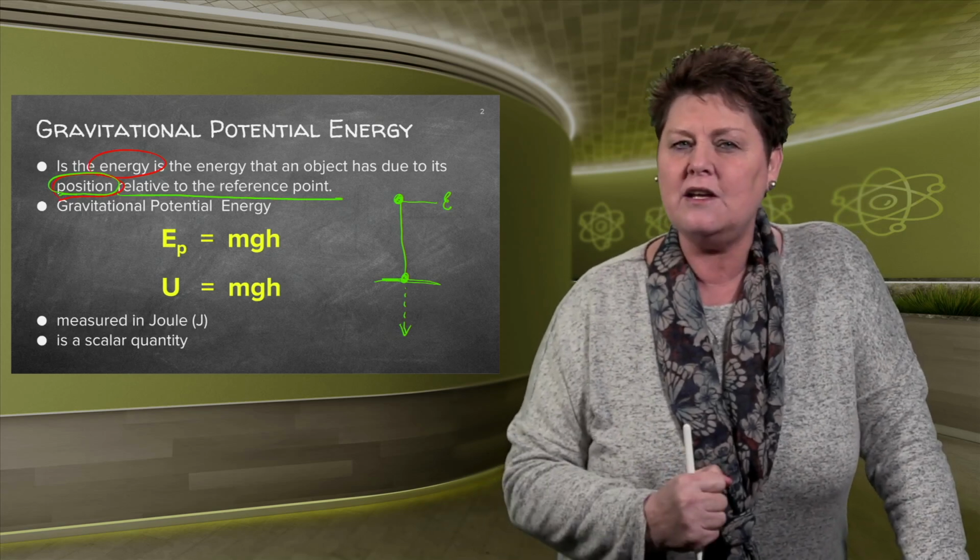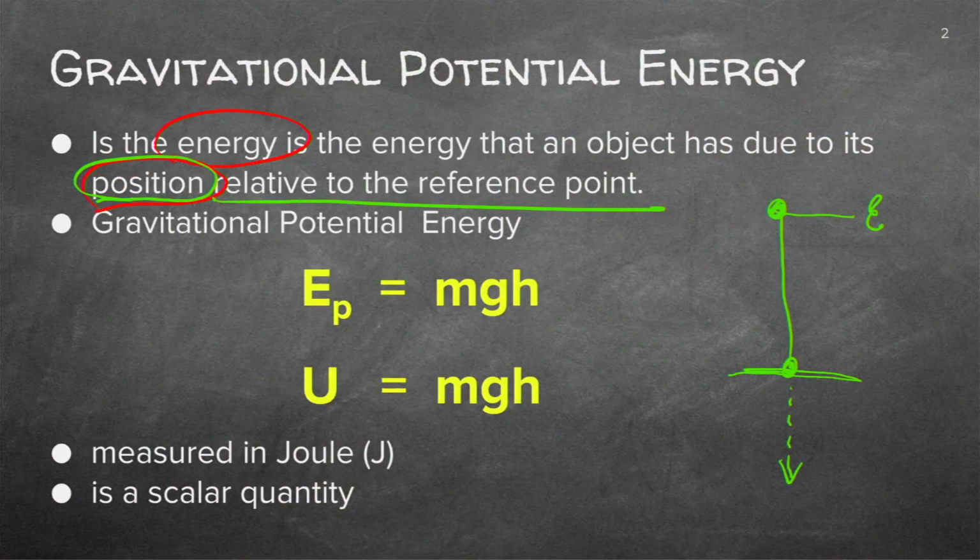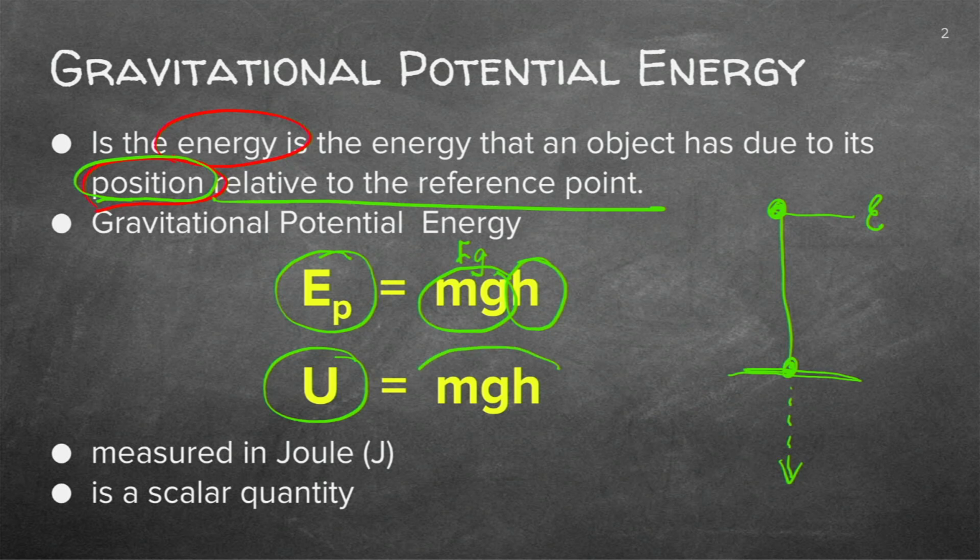So I'm using energy. The calculations that we'll do will be firstly the gravity. Can you see I'm working with gravity there? And I'm taking into consideration the height or the displacement. You can abbreviate potential energy with EP, or you'll see your textbooks or the information sheet will also use the letter U. Both can be used as long as you've got the mass, the gravitational acceleration, and the height.